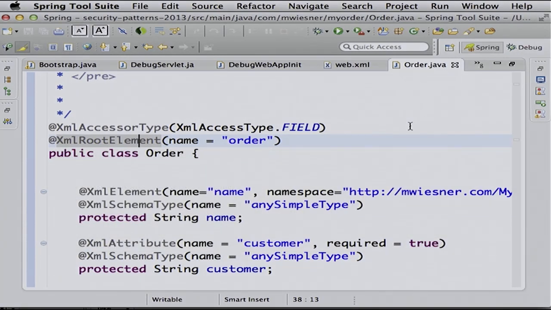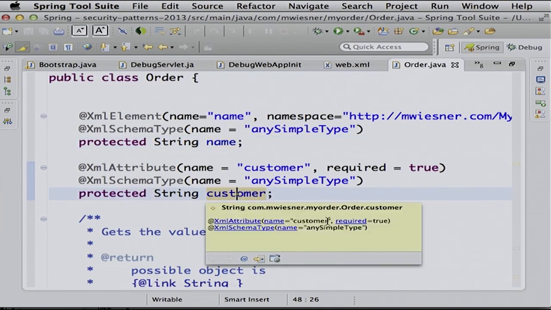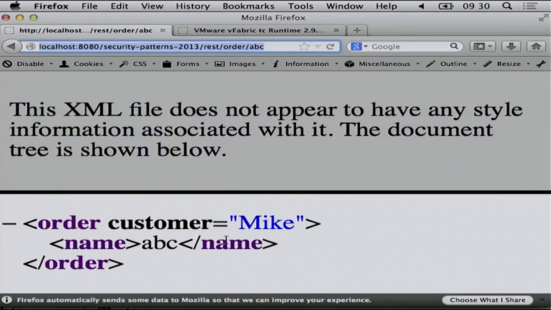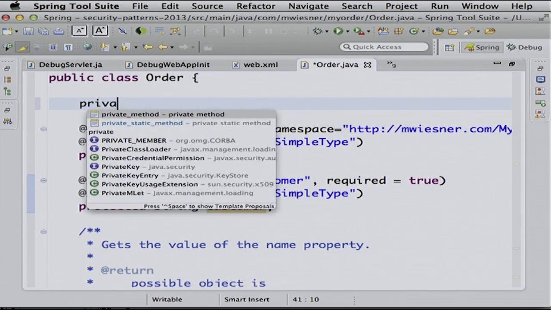But at the end, you have a class which is annotated as that one should be transformed into an order element, and that property should be transformed into a name element, and that property should become an XML attribute with the name customer. So that is the information we need to provide. And then Spring MVC will convert that using JAXB. And then you end up having that kind of stuff. So we have the order element, the customer attribute, the name child element. Everything fine.